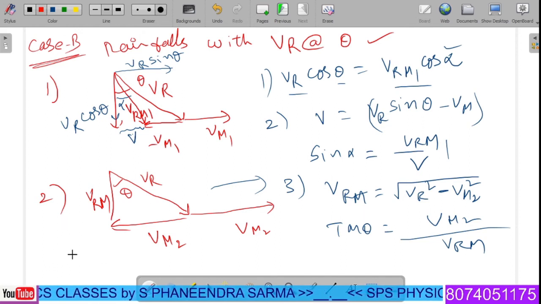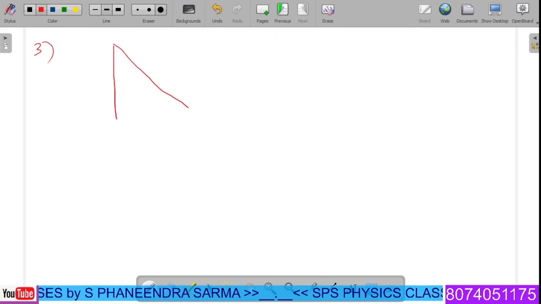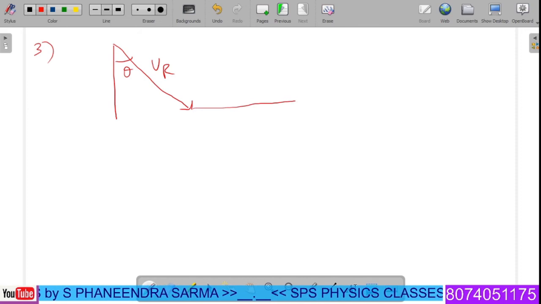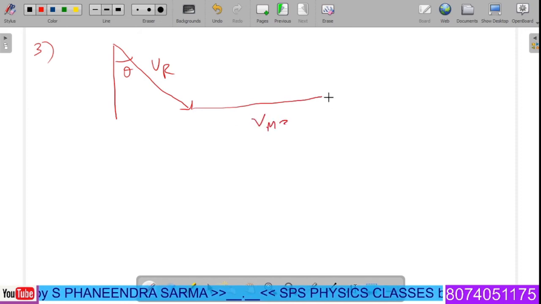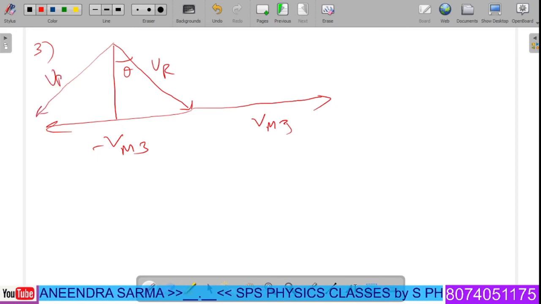And the third important case is if the man further speeds up. This is the third case. This is the vertical direction and this is the rain we are considering, at an angle theta degrees. The man moves with the greatest speed Vm3. Then this is exactly the equal vector to minus Vm3. Now this is the resultant VRM3 and it makes an angle of beta degrees with the vertical.